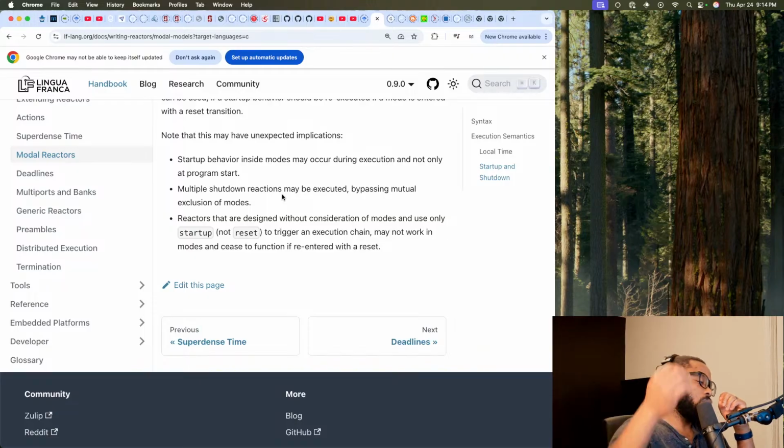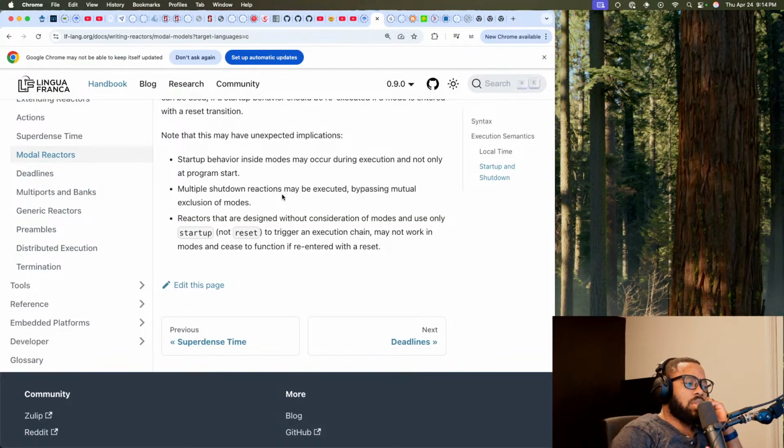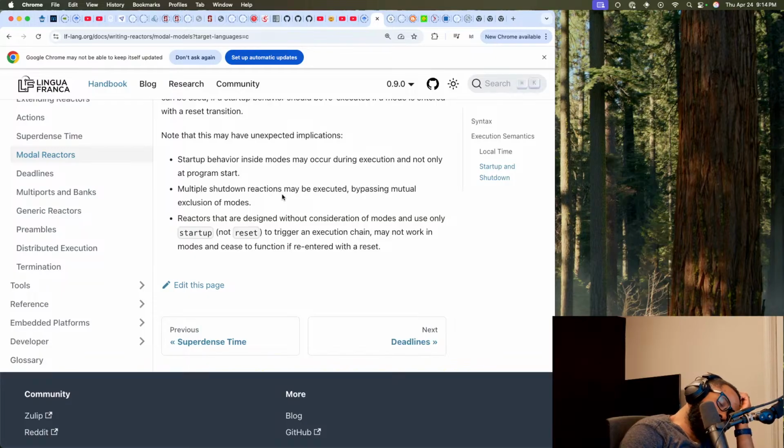Oh, okay. So for shutdowns, that's the only time that every single mode concurrently. Is it concurrent in that case? I guess in parallel.